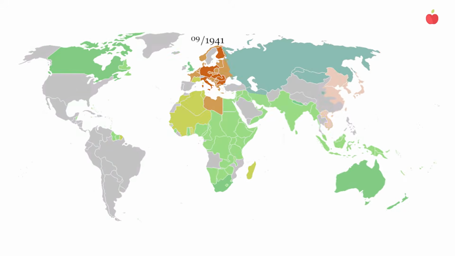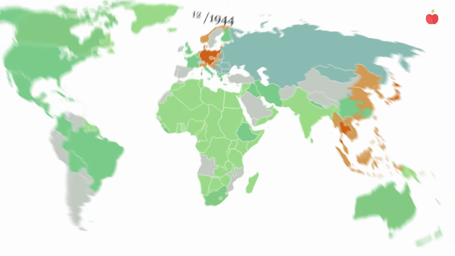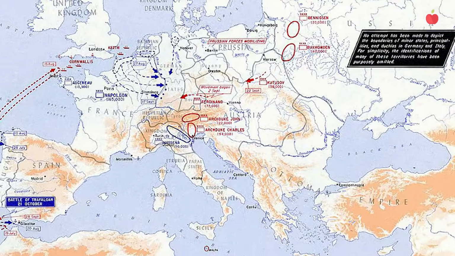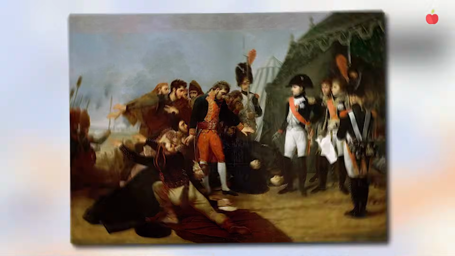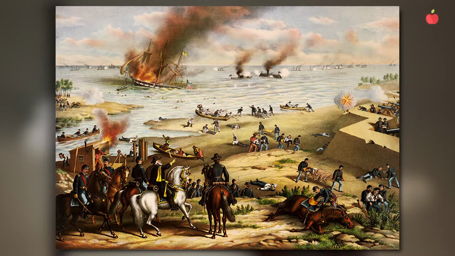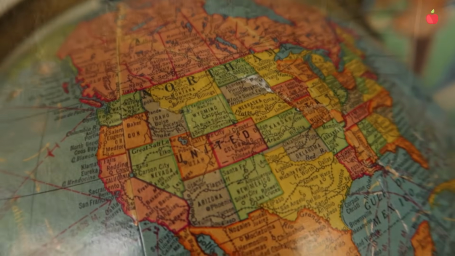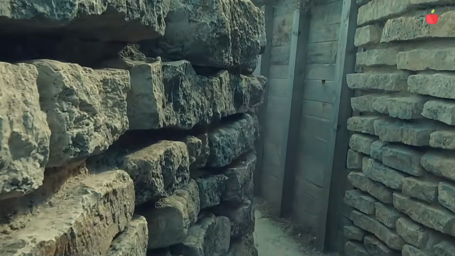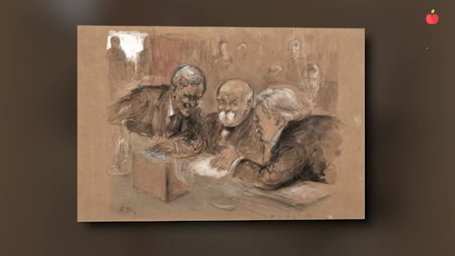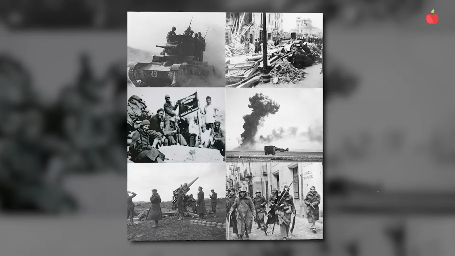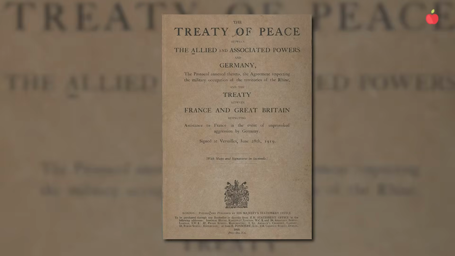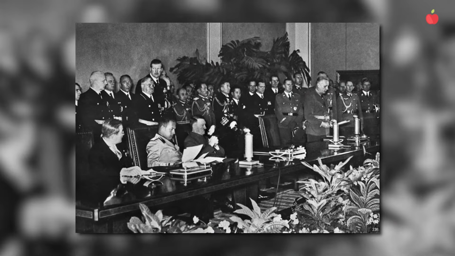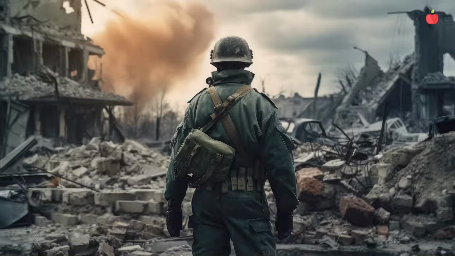World War II, or the Second World War, involved many nations worldwide. Unlike previous conflicts, such as the Napoleonic Wars or the American Civil War, which were primarily regional or limited in scope, World War II engulfed multiple continents. But because of its complex nature, in this video we'll only explore the key factors that started this cataclysmic war. The reasons for the outbreak of World War II did not occur all at once. It was a product of feelings of betrayal, extreme ideologies, alliances, and fear of another war.